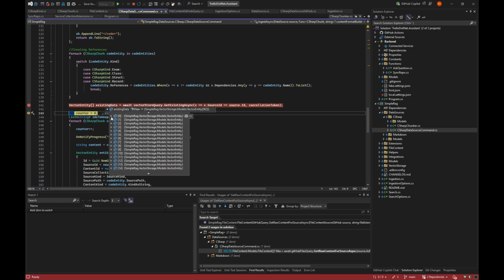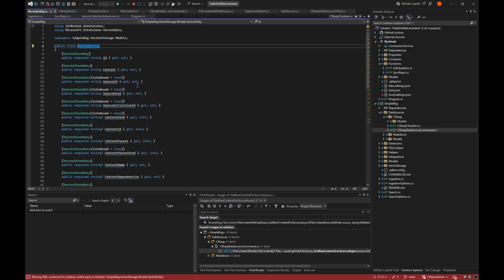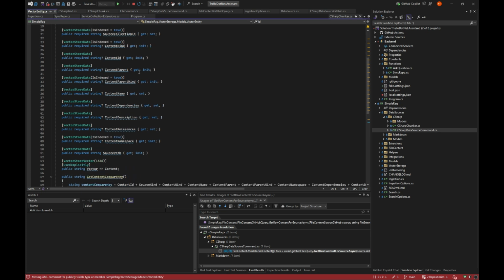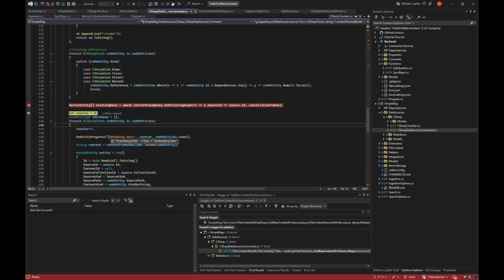And then we get all the vector entities, because a vector entity is all this we draw out of a chunk plus the content of that chunk as an opinionated, in my case, XML-like structure, so we can put it into the vector store.